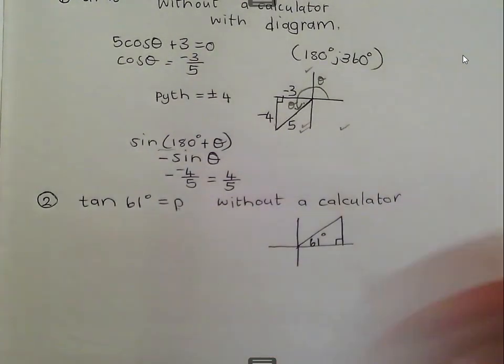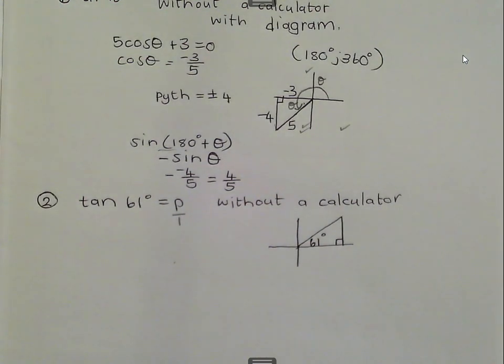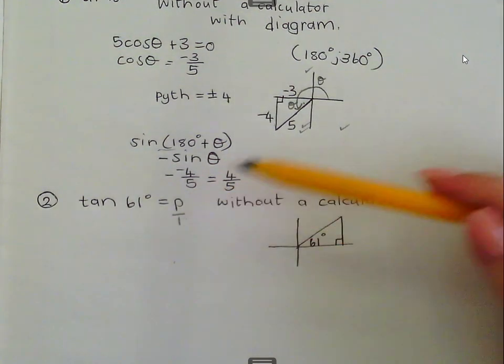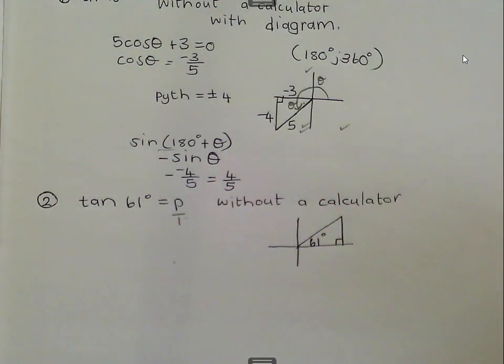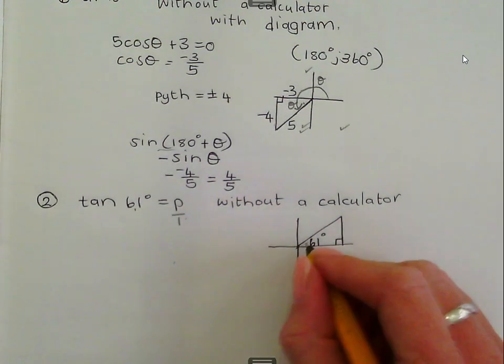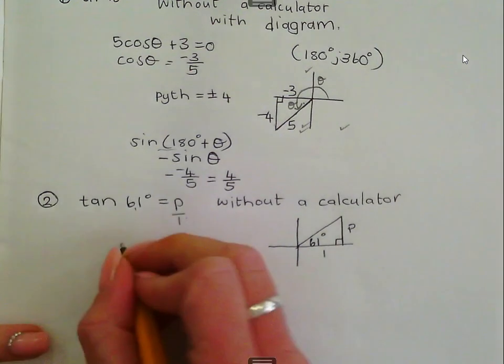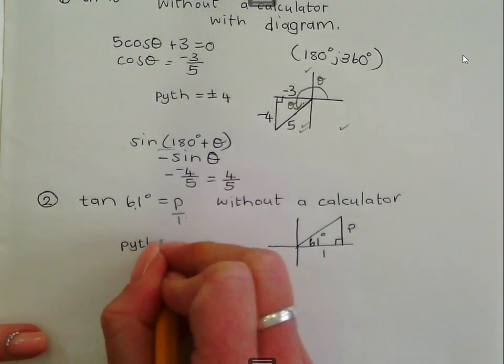You're going to have to write that as a fraction. Because, do you remember when we do Pythagoras? In grade 8 I taught you, you must have a 90-degree angle and you must have two known sides. So if you didn't write it as a fraction, you'll only have one known side. One 90-degree angle and two known sides. Okay, so when I read this, tan 61 is p over 1, the opposite side is going to be p, the adjacent side is going to be 1.